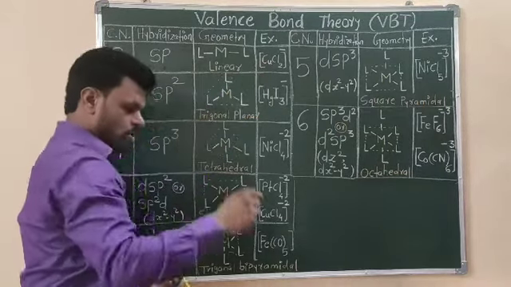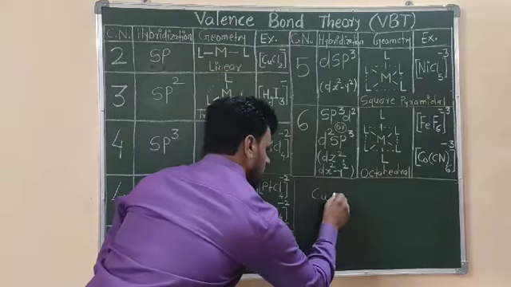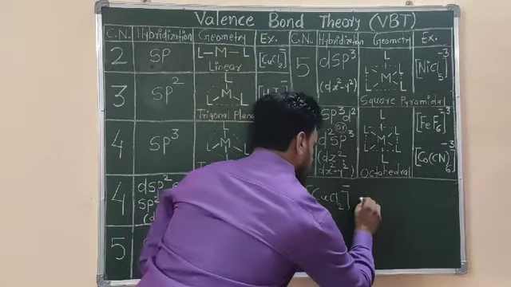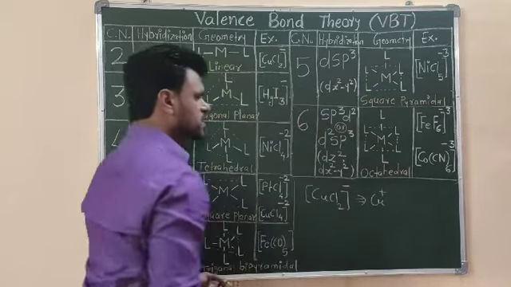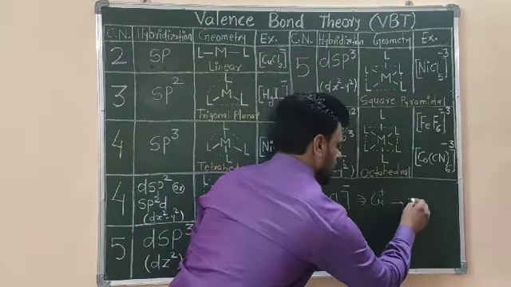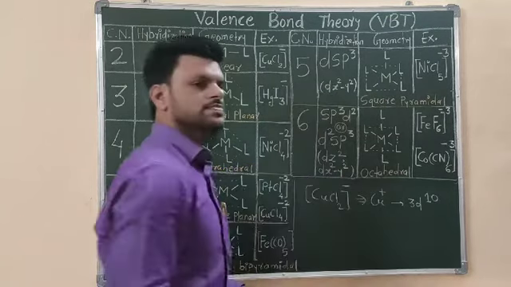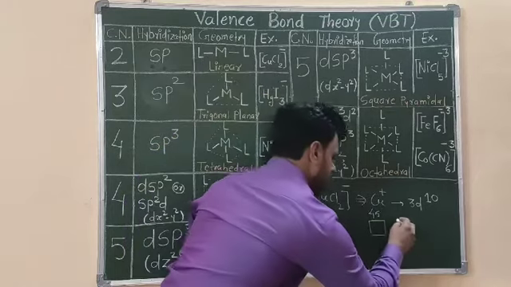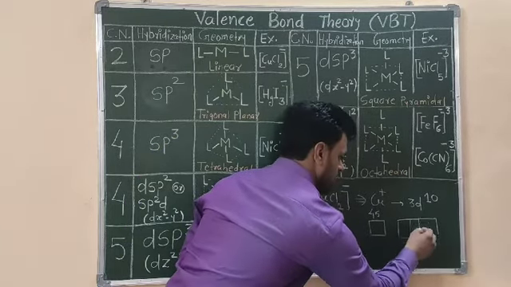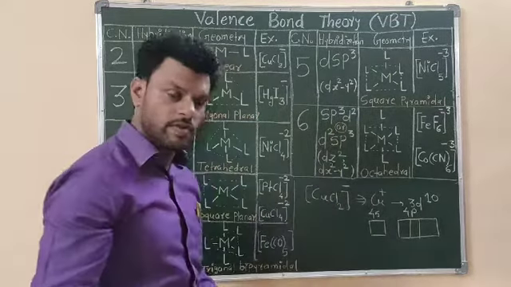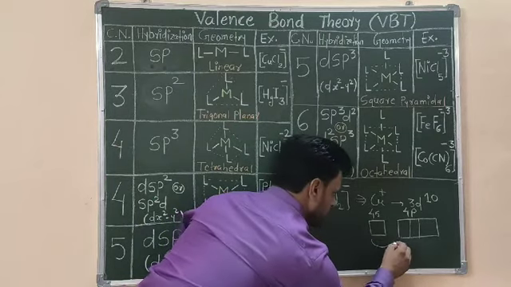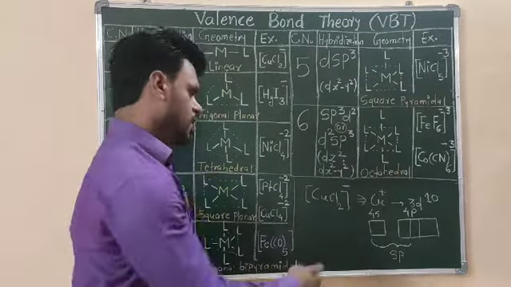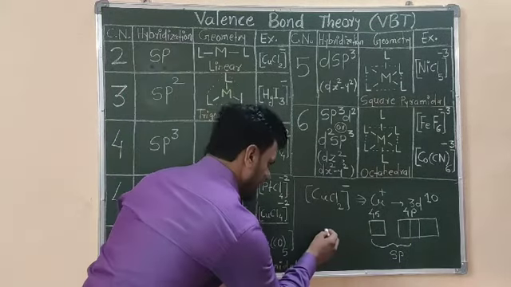Now let's discuss the copper complex, the CuCl2 complex. This CuCl2 complex shows sp hybridization, in which the copper has a +1 charge, and hence this is a 3d10 system, right? So this copper will use its 4s orbital and one of the 4p atomic orbitals. So I'm writing here 4s and 4p. Now these two orbitals, the 1s and 1p, will undergo sp hybridization and give two hybrid orbitals. Now they can arrange in this way,